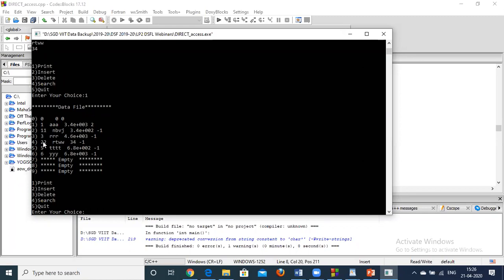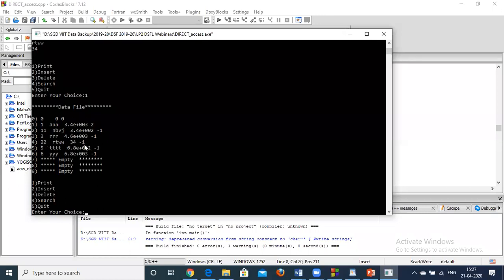So if I have to search for 22, we start comparison from 11, which is at location 2, then comparison will be done with 3, then comparison will be done with 22. As the start of the chain is found, we will compare with the elements in this chain, and the match is found here also. Clear? So we have compared with 3 elements, and then we found the start of the chain of 2.